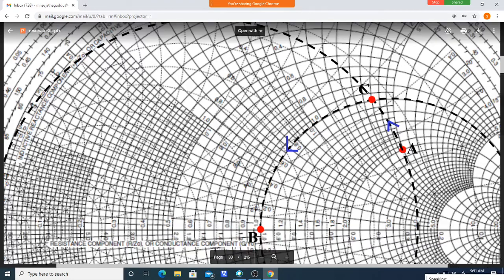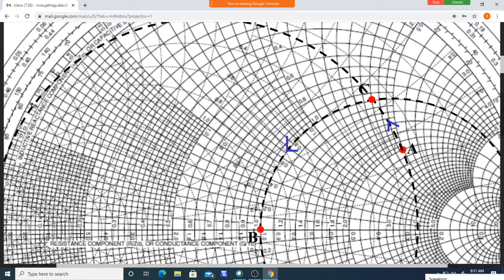Next, you see the resistance circle is passing through this point. So first identify the resistance circle passing through the point and the conductance circle passing through the point. I have drawn this conductance circle myself because there is no line, parallel to this and this, approximately. So this is the conductance circle passing, and this is the resistance circle passing.